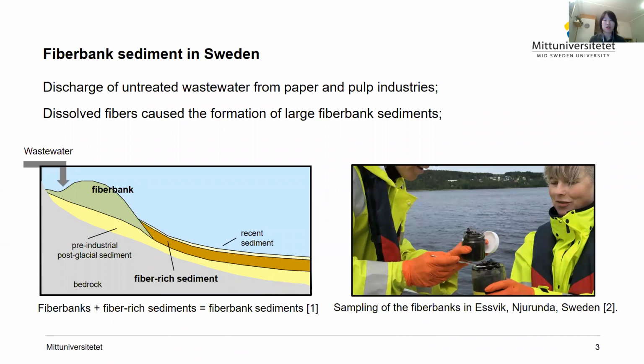In the manufacture of paper and pulp industry, large amounts of contaminated cellulose and wood fiber materials were released directly into the sea and lakes. Discharge of untreated paper and pulp industry wastewater has caused large environmental impact on the sediments along the coast. Fiber-rich sediments are found close to the industrial factories, which are highly affected by persistent organic pollutant contamination.